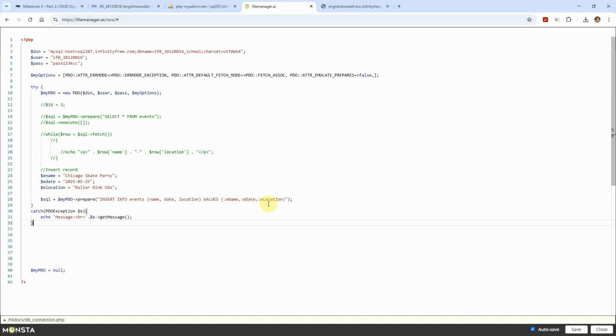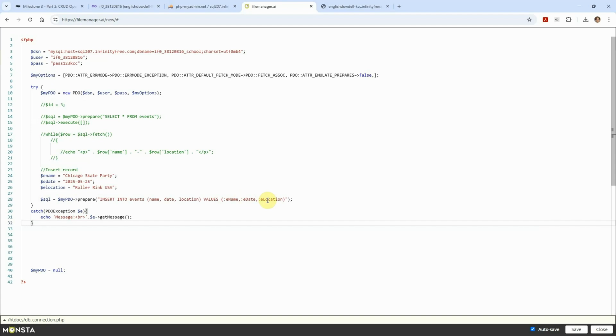That's why I made them look a little different than my actual variables. And make sure that when you place them within the prepared method, you're prefixing them with the colons. And again, these placeholders are used for the values,